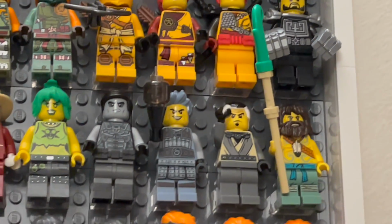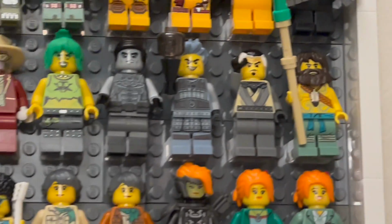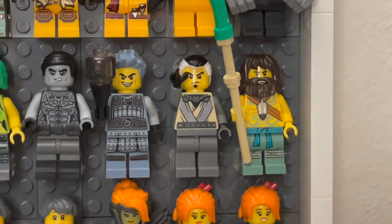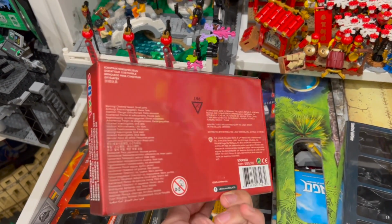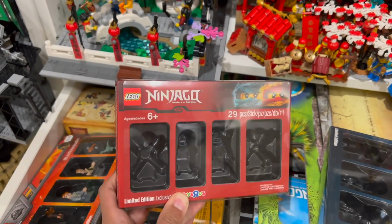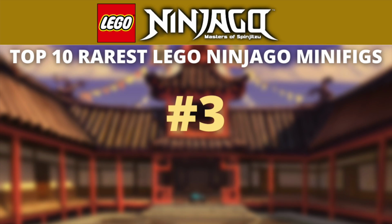And here he is next to the currently released Elemental Masters. We are just missing one, and then we will have them all. So LEGO, when are we going to get the Master of Form, Camille? Because we literally just need one more. And specifically, here is the pack that's contributed 3 figures to this list, the infamous Toys R Us exclusive limited edition pack right there. With that though, we can now move on to the top 3 figures, and coming in